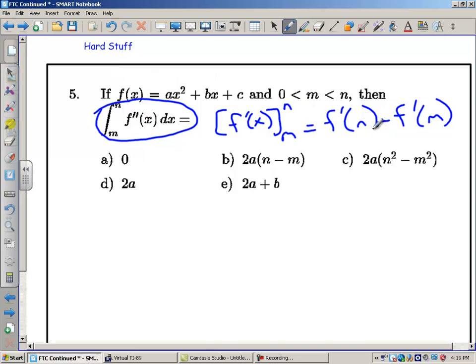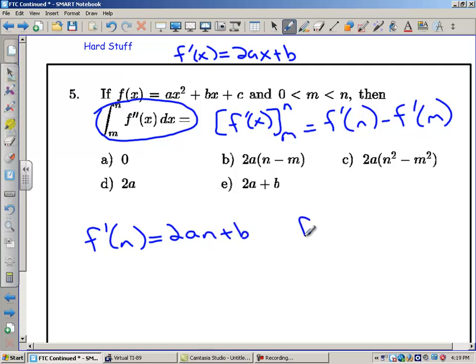Well, we don't have f prime. We can't plug in n and m, so we're going to have to find that. F prime of x would be 2ax plus b. So what is f prime at n? Well, f prime at n is 2an plus b. And then f prime at m is